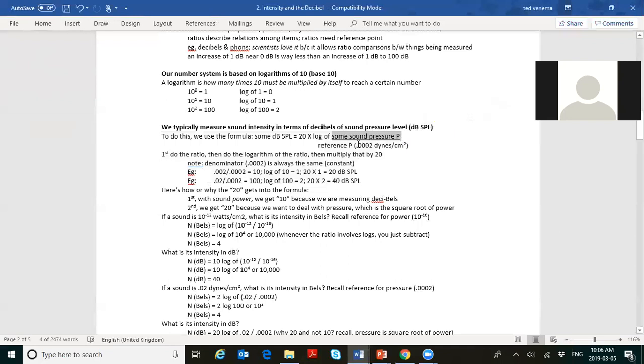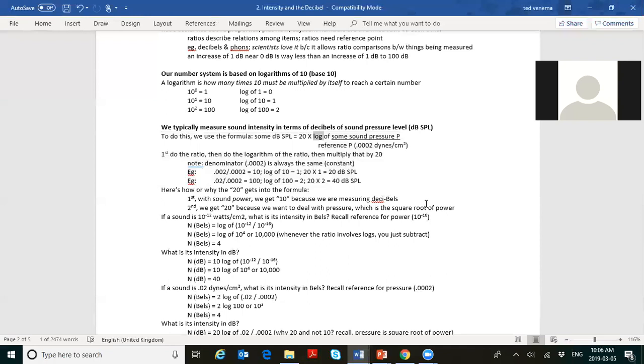You know that this one we've called 0 dBSPL. Now you have a different sound pressure, so you want to figure out what dB is that. Well, first of all, you take that pressure and you divide it by this one. You come up with a number, whatever number that is. What's the logarithm of that number? And in plain English, a logarithm is simply how many times does 10 have to be multiplied by 10 to